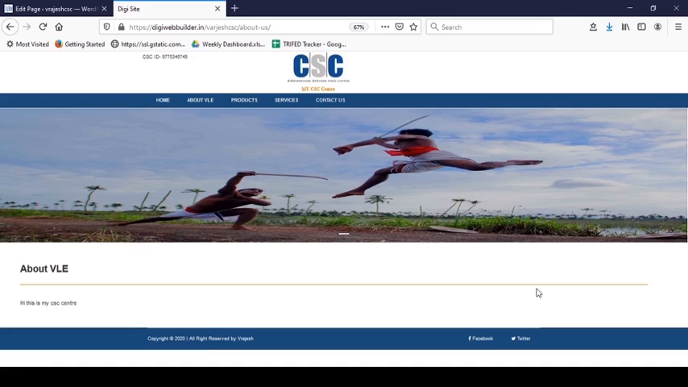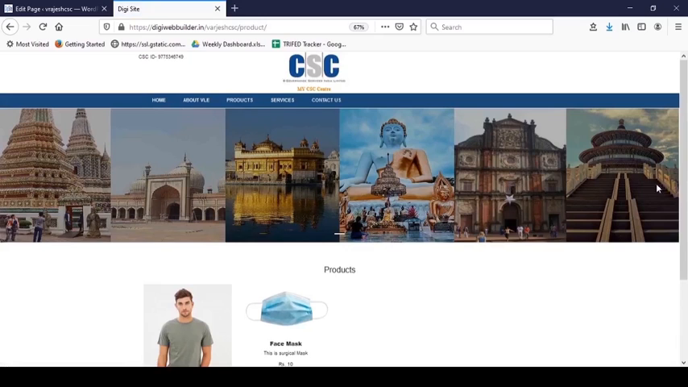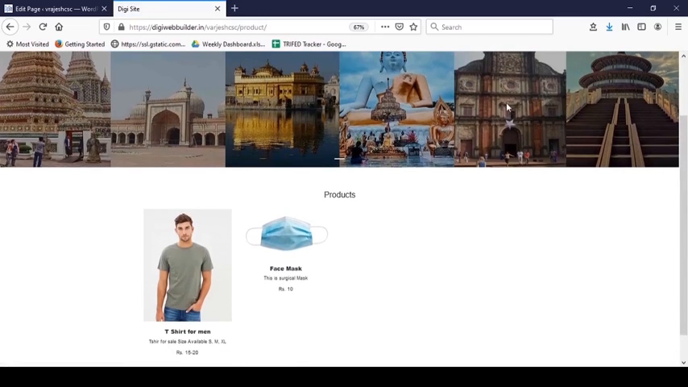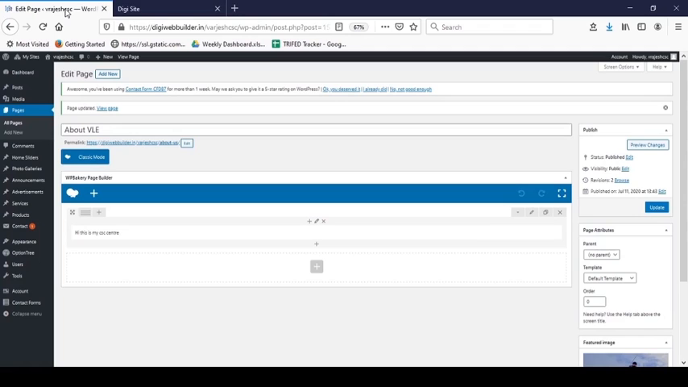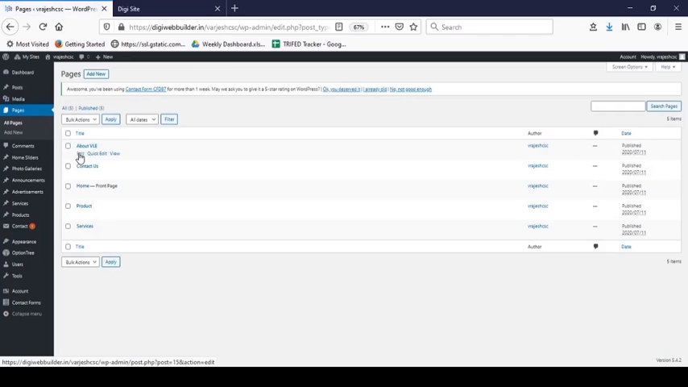Now we will see how to edit the products page. Here you can edit this featured image and list of products. So first we will see how to edit this featured image. To edit this featured image, go to the Pages section, Products, Edit,